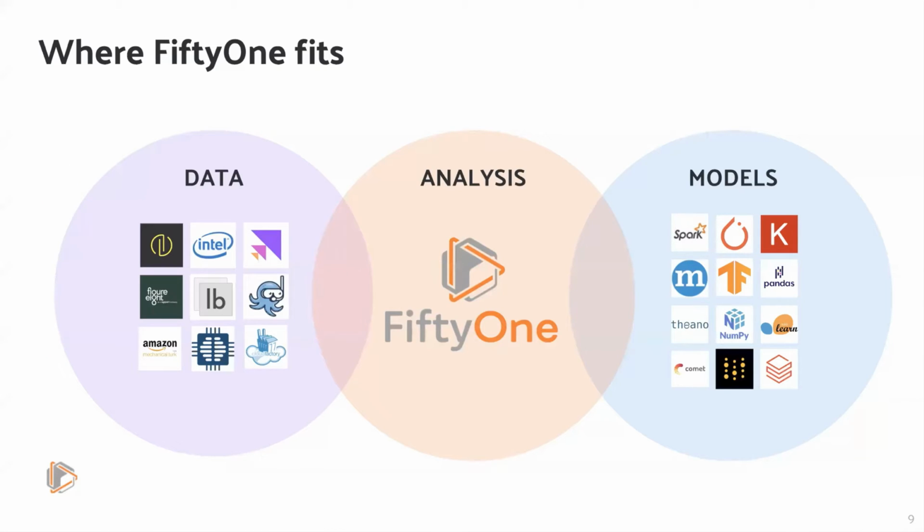Graphically, the way we think of it, FiftyOne is like the glue between your data and your models. So you may have tools in your stack for getting data annotated. On the other end of the spectrum, you may have tools to train models and deploy them into production. What FiftyOne provides is basically a single source of truth to help you organize those data, integrate with your annotation tools to get those data annotated, integrate in the other direction with your model training frameworks to train models on